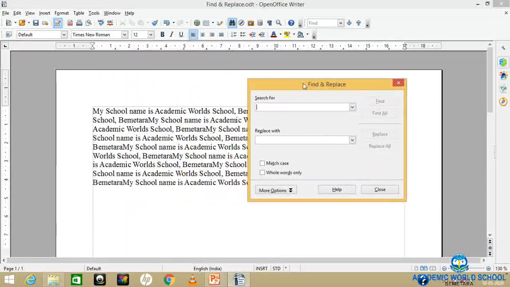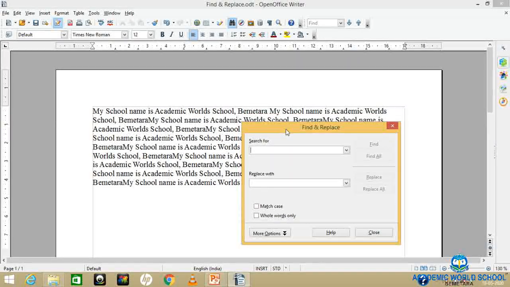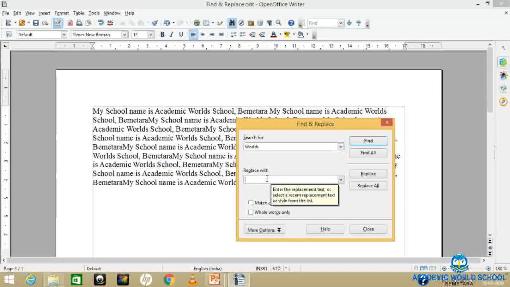Now I will click on Replace with. Now I want to change it. Words should be world. So how would I write here? WORLD. Now before telling this, I want to tell you it is showing Match case. This option allows you to distinguish between uppercase and lowercase. Then Whole words only means it searches whole words or cells that are identical to the search text.